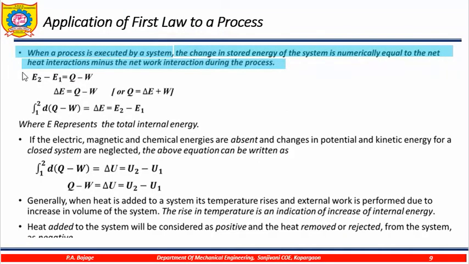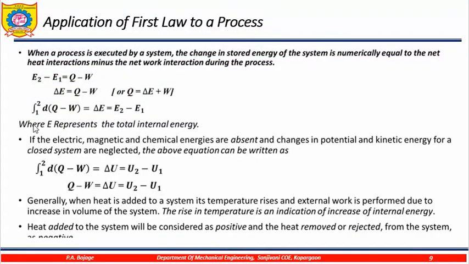So change in internal energy is the subtraction of heat minus the work. In this equation, E2 minus E1 is equal to Q minus W. Q is the heat, W is the work, and E2 minus E1 will give you the change in internal energy, that is delta E is equal to Q minus W. So the same equation can be written as Q is equal to delta E plus W. Now, if you want to find out the net change in internal energy for a process, what is our aim? For a process 1 to 2.